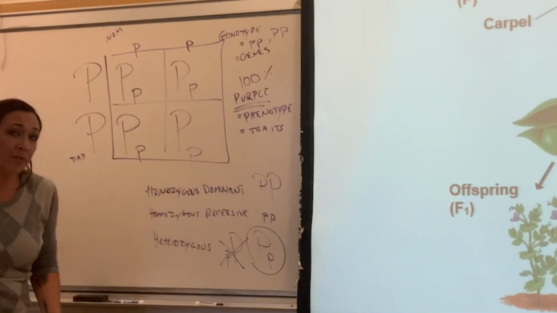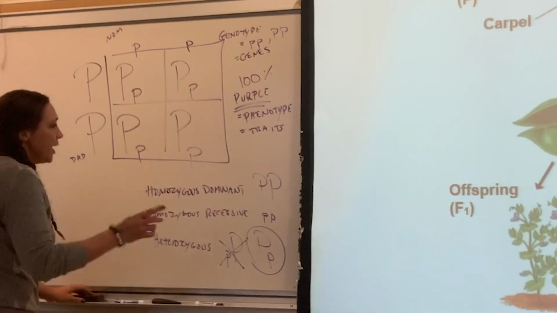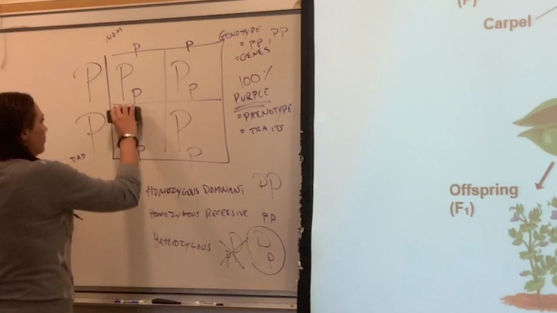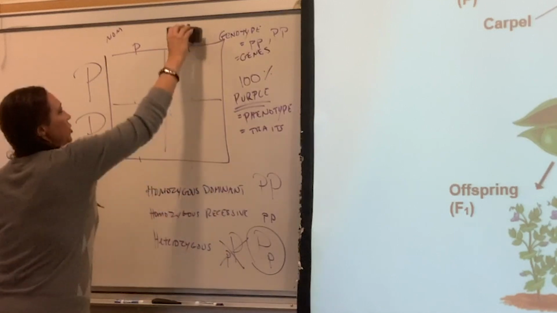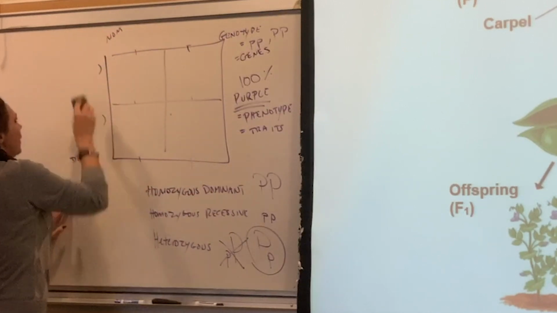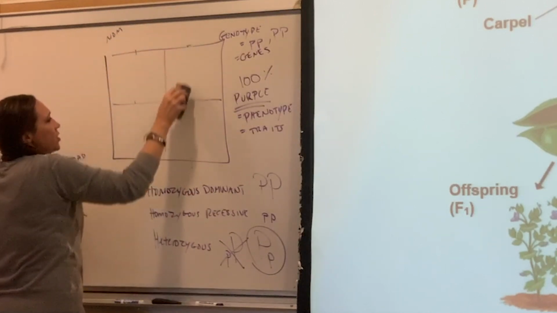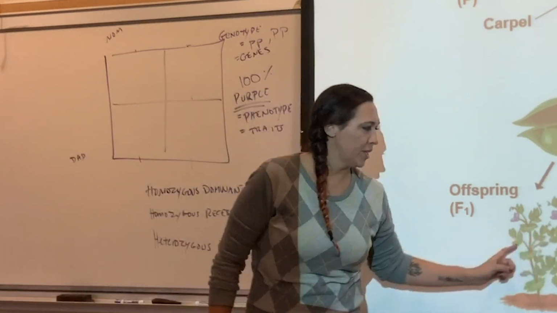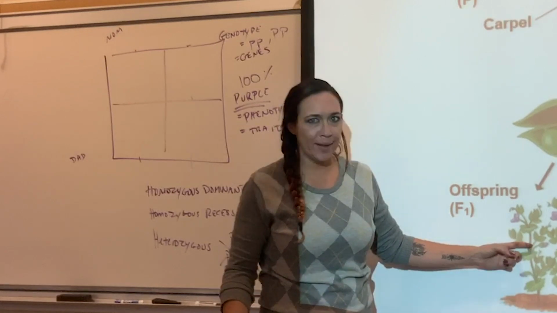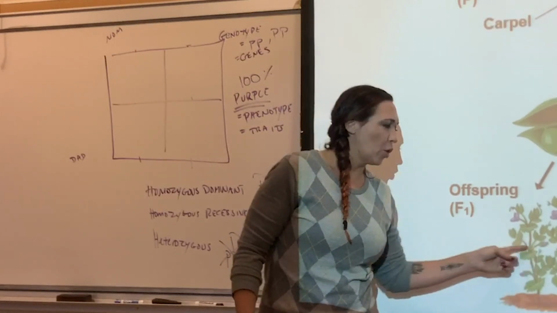In fact, it's going to be part of your homework, so try it anyway. Now, imagine, I'm going to erase this. Okay? So exactly what she said in the video, right? They're going to cross again. So in this case, remember these are just plants, it's okay. You're going to cross two of these plants. And yes, they're siblings, but again, they're plants, so nobody cares. Okay, so we're going to cross these two.